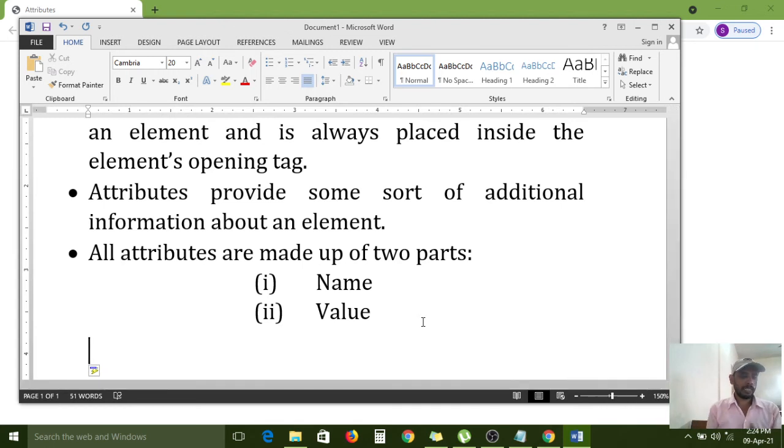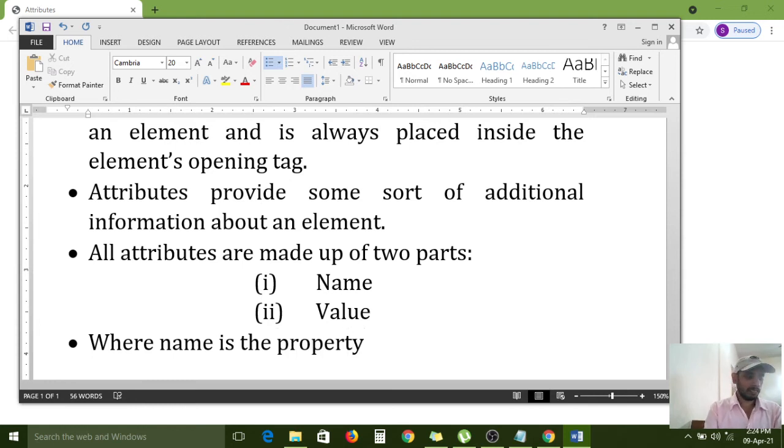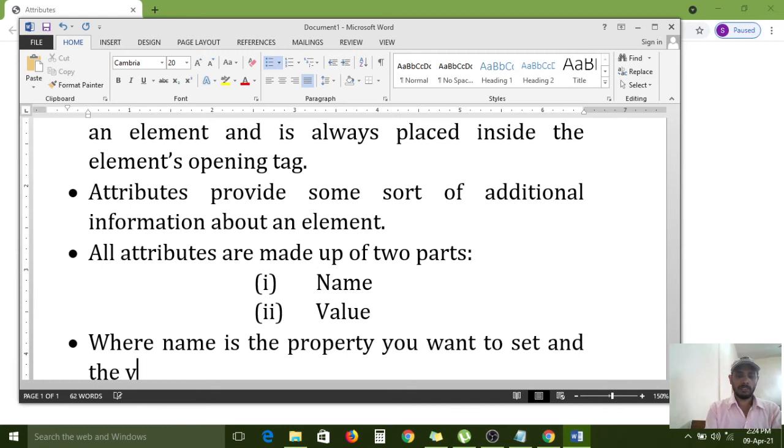Where name is the property you want to set and the value is what you want, the value of the property.